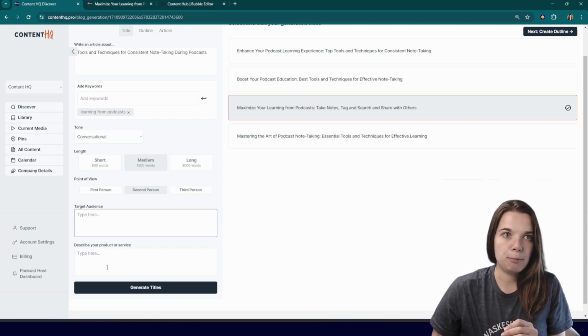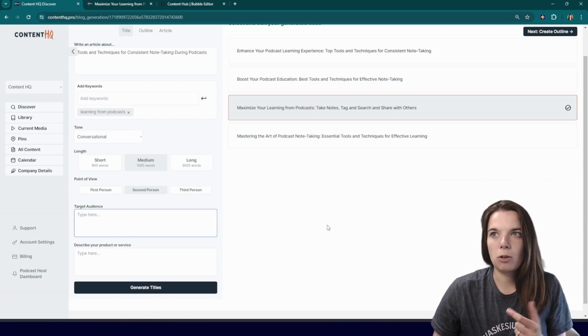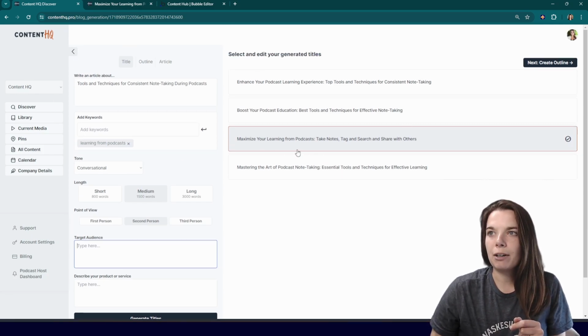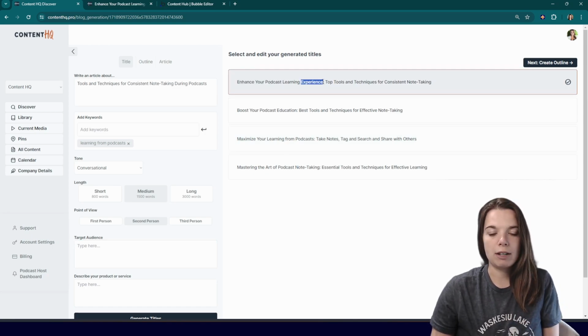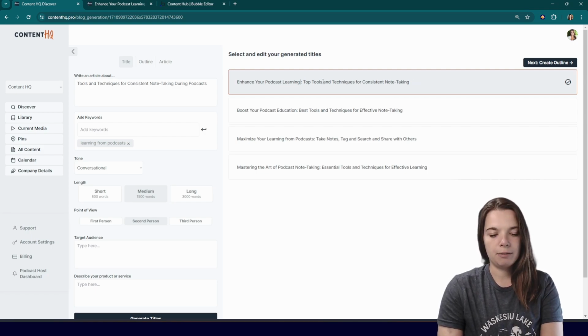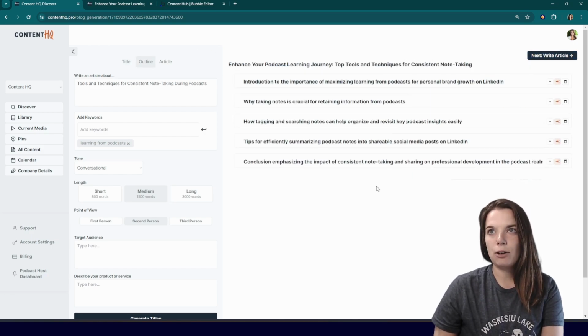These will automatically pull in from the company data on the target audience and the products and services that you have. I just don't have that filled out quite yet for Content HQ. Then from there, it'll generate some different titles for you, where you can actually change this into whatever words you want. So learning journey, maybe you want it to be that instead. And then we're going to pick this one. And then from there, you can go ahead and create outline, which is going to take you over to this page here,